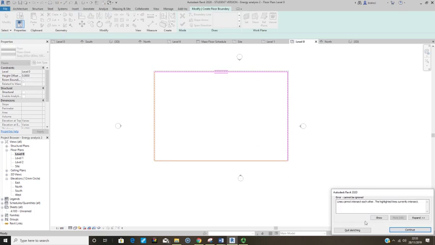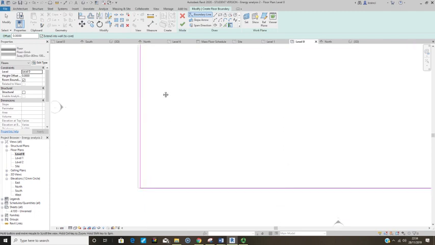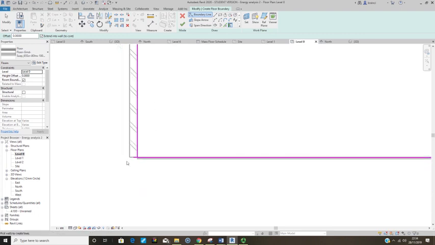Cannot intersect. Okay, sometimes you have this kind of error, so that's probably because of the difference in the walls. So I'll just click continue. Oops, I could have. So I can see here that this is not connected. So if I press escape or modify,